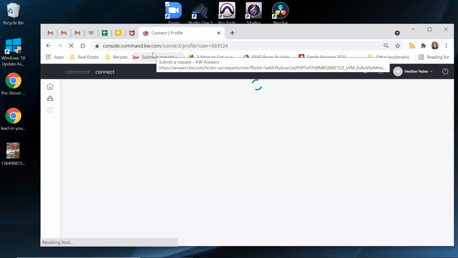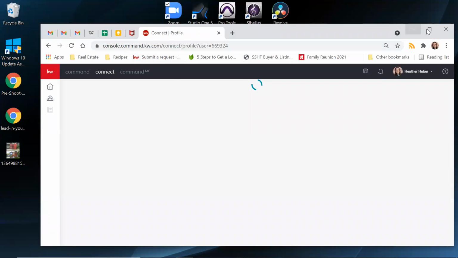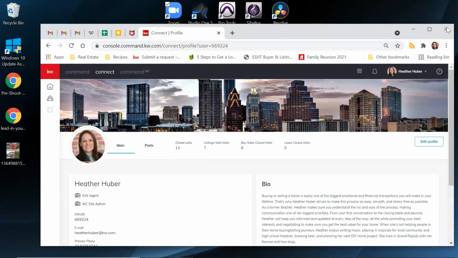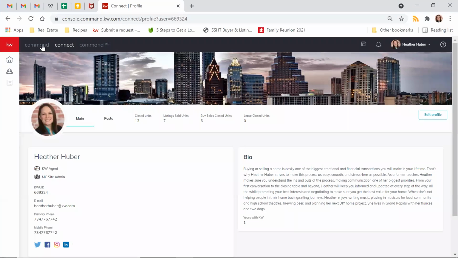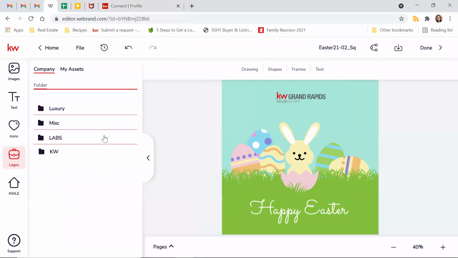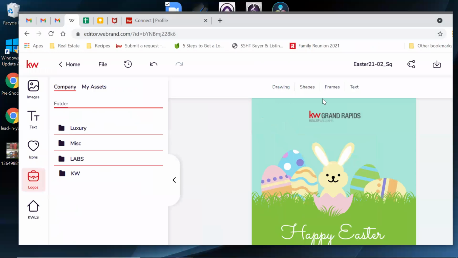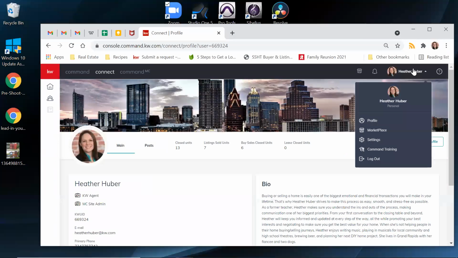Because there's like a Market Center logo finder somewhere in Connect. I'm just not remembering where that is off the top of my head. I do think it's supposed to autofill. Let me show you. If your profile here is set up correctly with the correct market center, it should just autofill that, but